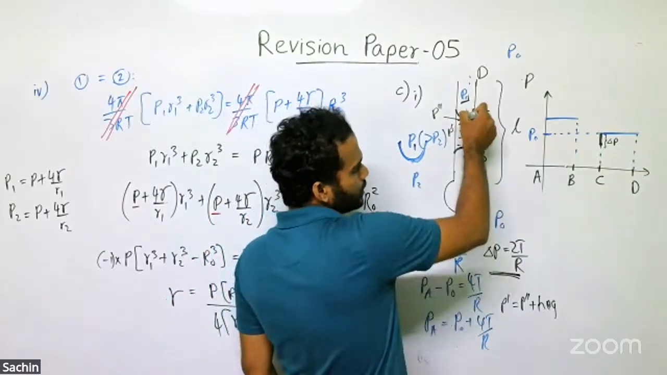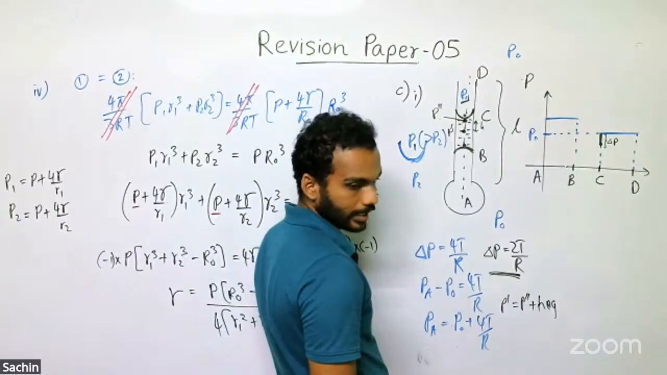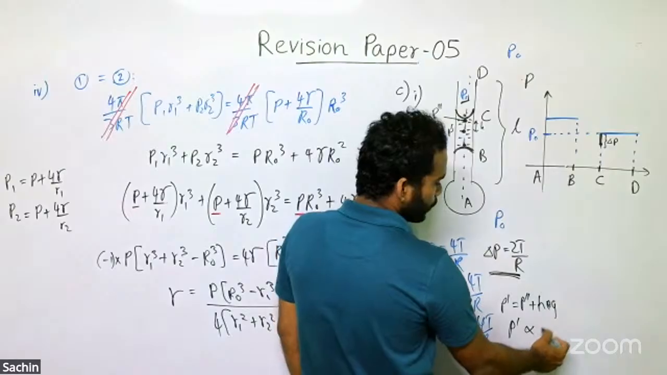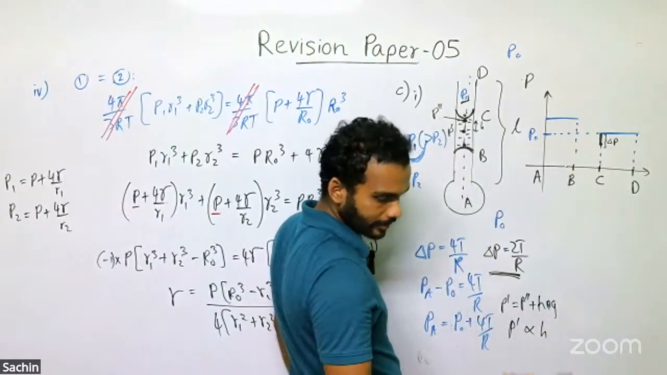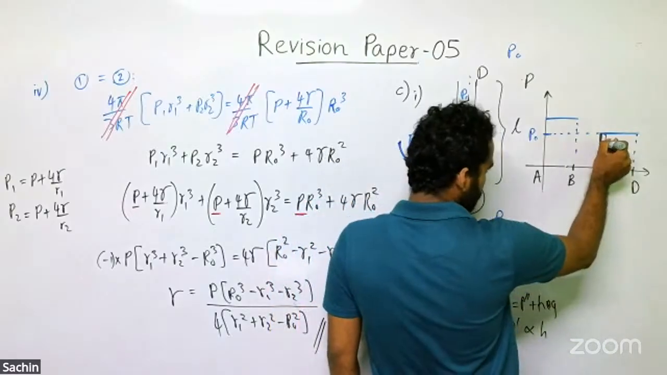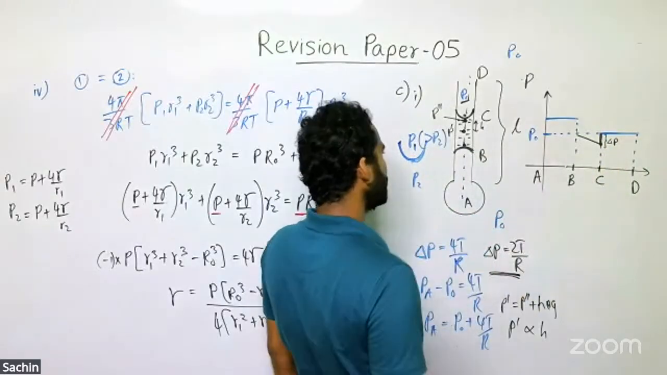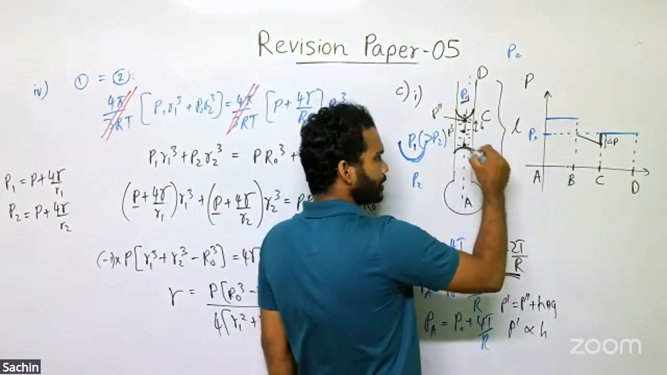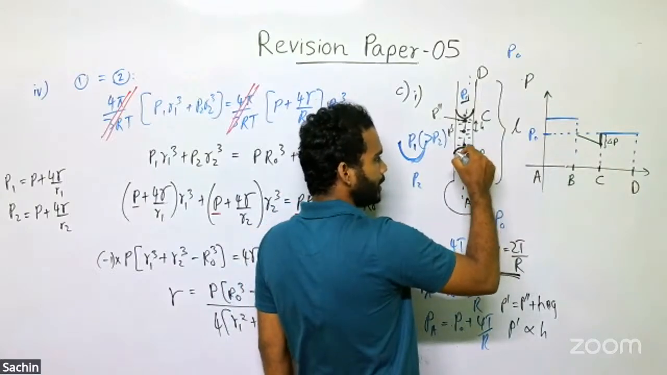That means from C to point D, the pressure will be increasing linearly. You see, the pressure is proportional to this h. That is a linear relationship. Now this pressure should be increasing linearly. By the way, when it is approaching B, when you compare the pressures on both sides of meniscus B,